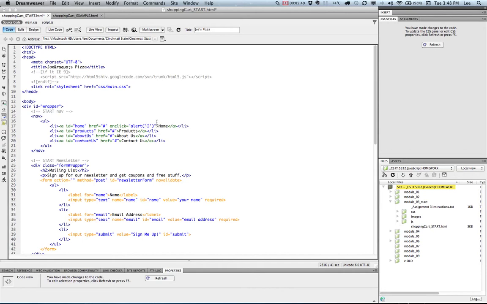And we'll say, we could escape out another quote mark, but I'll just not do that for right now, but keep it simpler so you can see what's going on. A little bit easier. I am home, and what we're doing is we're taking an event, we're putting it as an attribute on this element directly in the code, and the code that's going to run from a JavaScript standpoint is right there. Semicolon to end your statement,